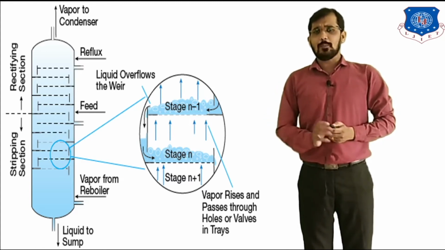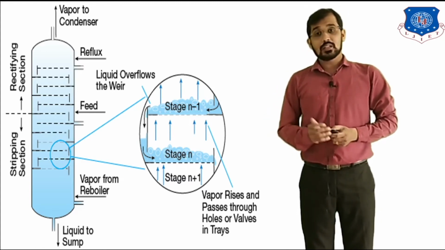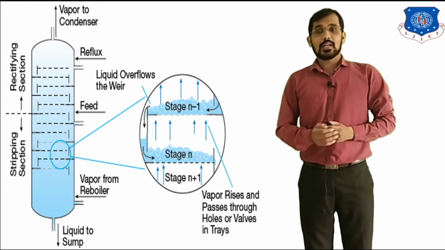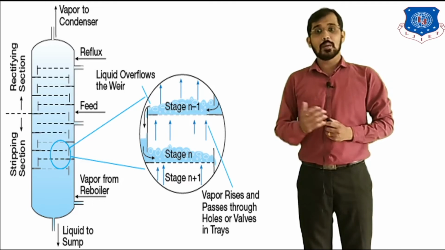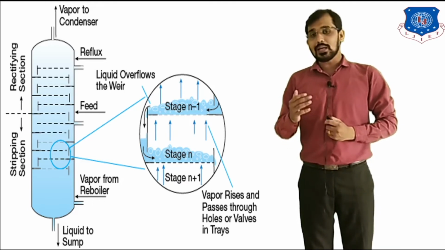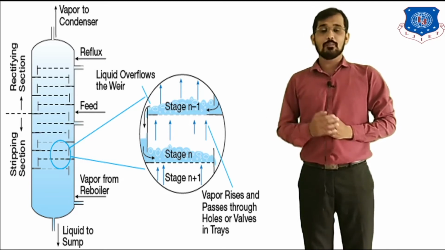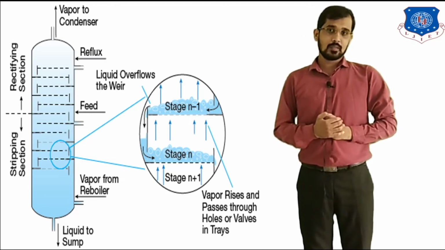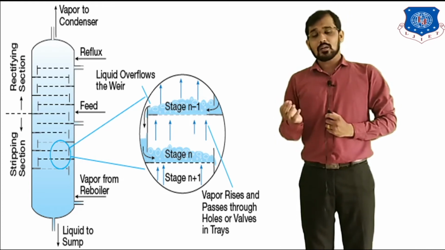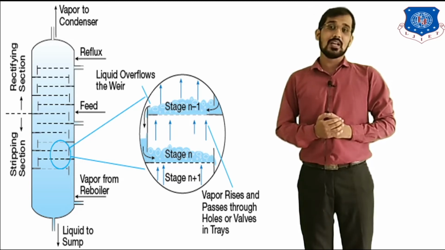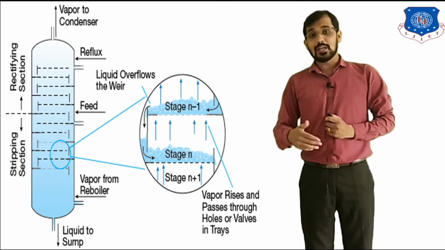Here the selection of trays is very important. There are three different types of trays available. The first one is the sieve tray, the second one is the valve tray, and the third one is the bubble cap tray. Selection of the tray is important because to get better separation efficiency, better contact between the liquid stream and gaseous stream is important. It means that if there is better contact between the liquid stream and gaseous stream, then the separation process is carried out in a better way.